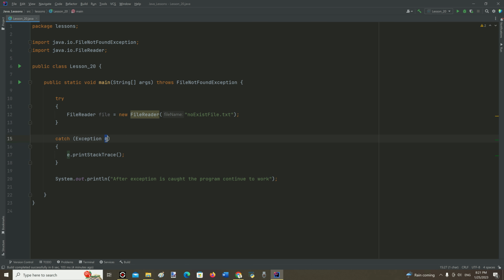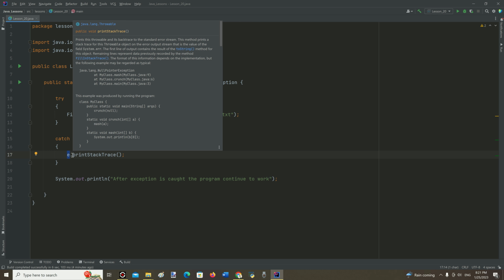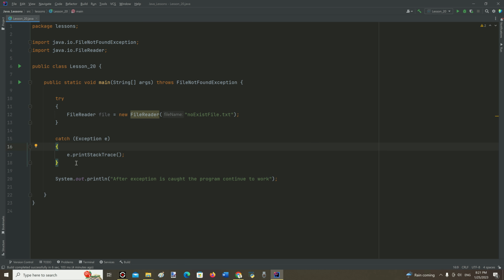And next, inside the curly braces, we need to indicate what we need to do with the exception. We can just add the method named printStackTrace to the reference variable named e to print detailed information about it in the console and let the program execute further. Let's run it.